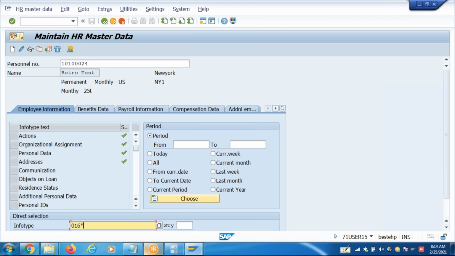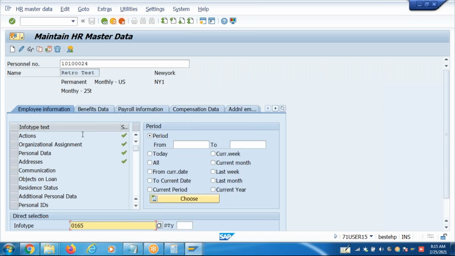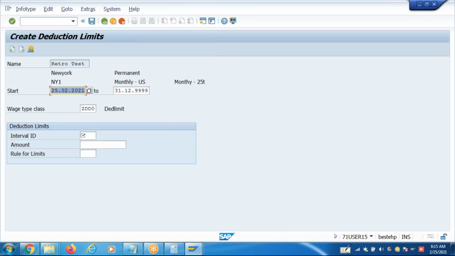I don't remember the infotype number. 165. Okay, go to this. Select the wage type class as a subtype for this infotype. And for the period 01/01/2017, January, I want to apply the limit of 9,000 instead of 8,000.